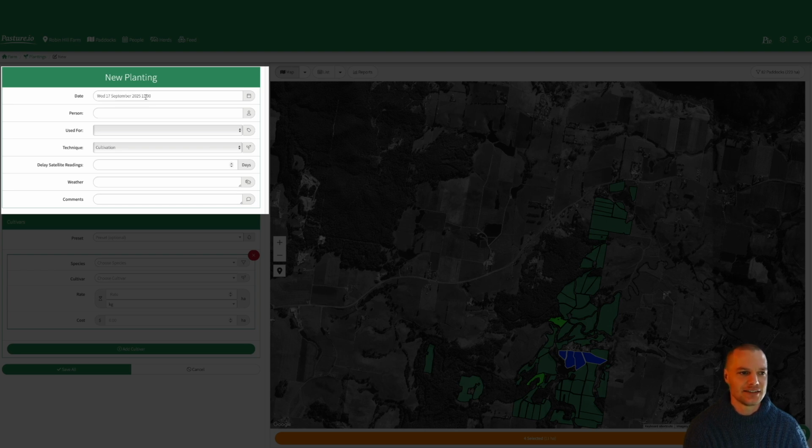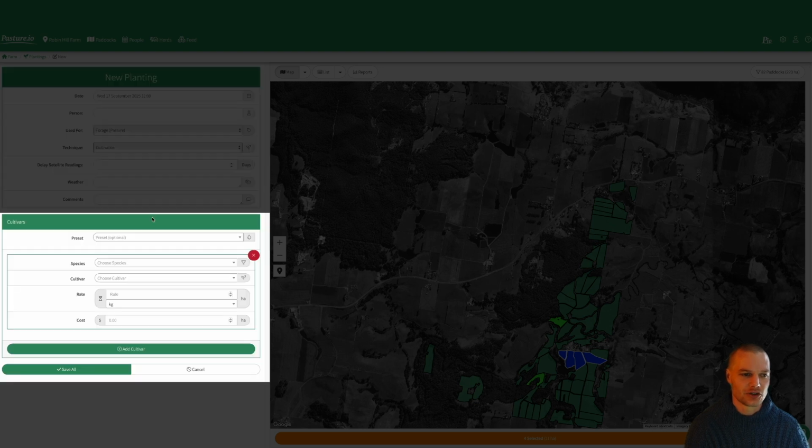At the top is date, person, used for, so you can enter forage pasture, forage other, fodder or crop. Technique, cultivation, direct drill, broadcast. Delay satellite readings, this will exclude the paddocks from your feed wedge. Weather and comments. And then you have cultivars that you can add, so you can have presets already created, or